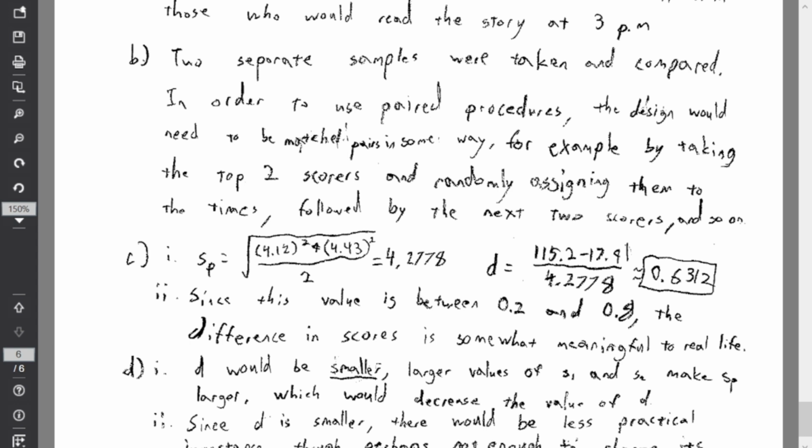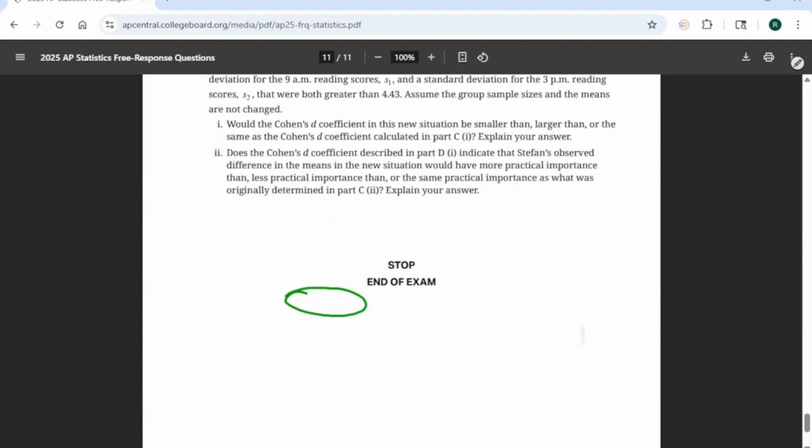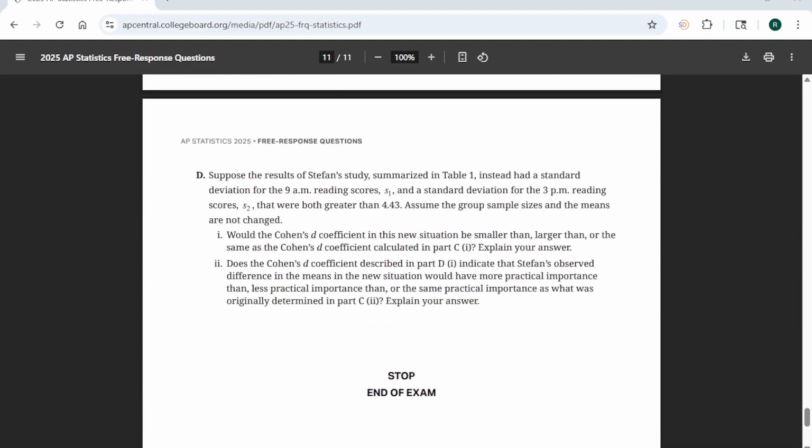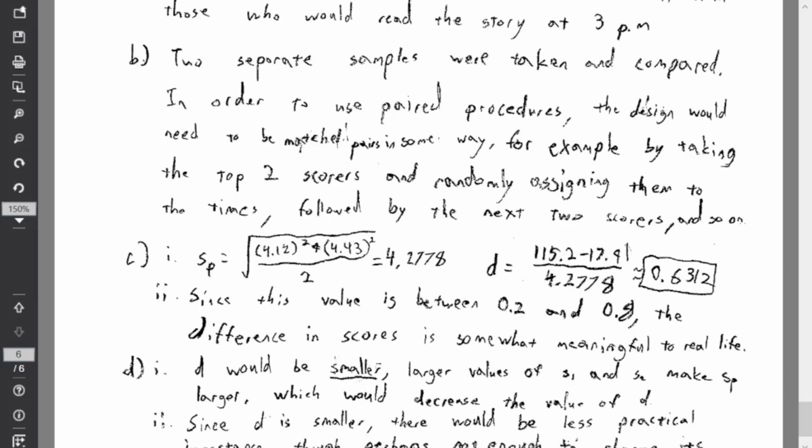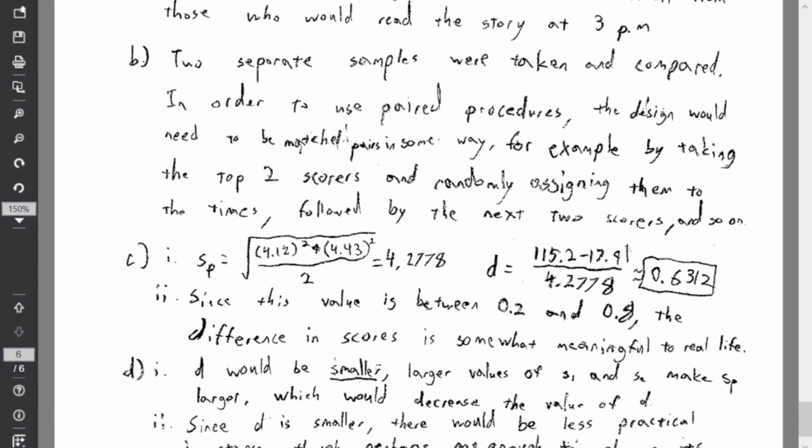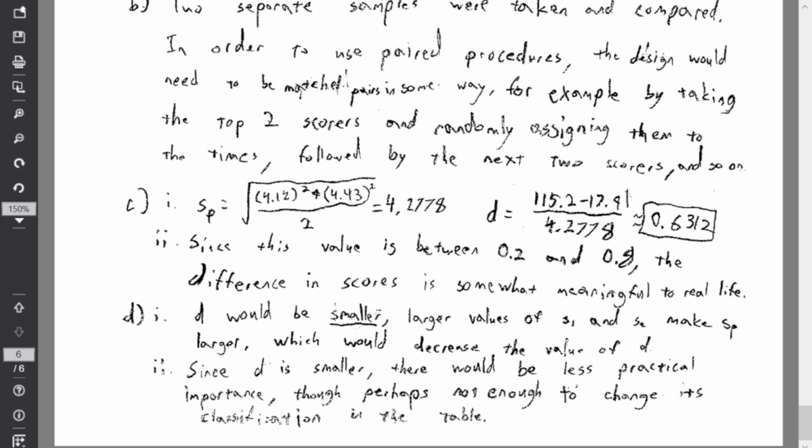And then finally, in part D, it says, let's take these and increase the standard deviation to both be greater than 4.43. Would that bring the coefficient up, down, or keep it the same? Well, if standard deviation goes up, then that means S sub p is going to go up. So that will make the denominator larger. And if we make the denominator larger, that makes the overall value smaller. And if the overall value is smaller, that gives it less practical importance to real life,